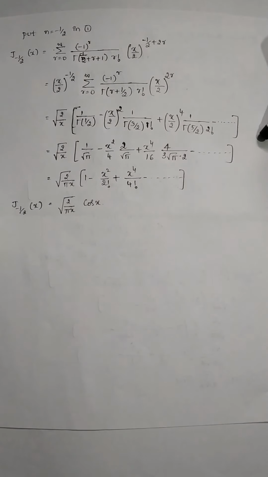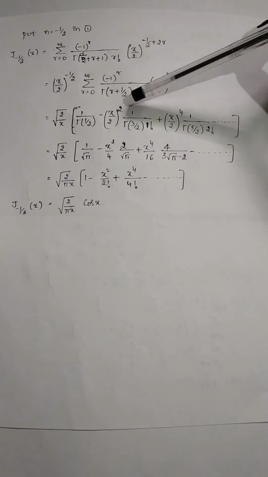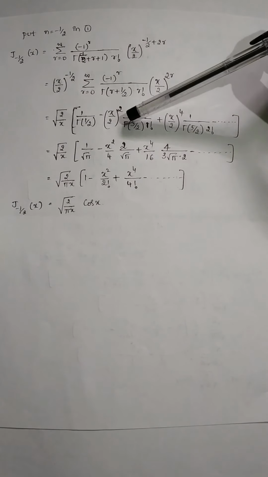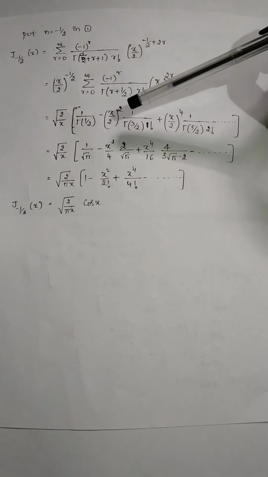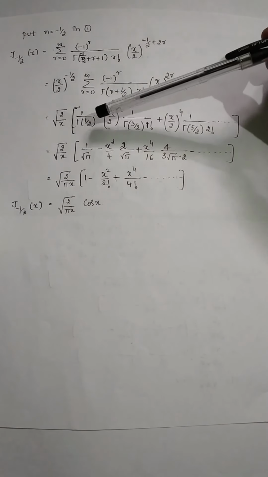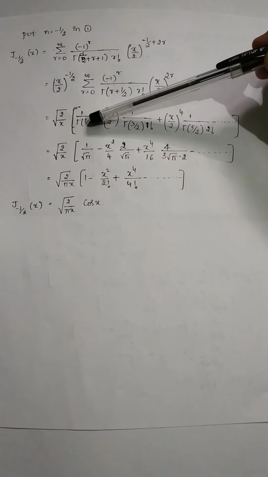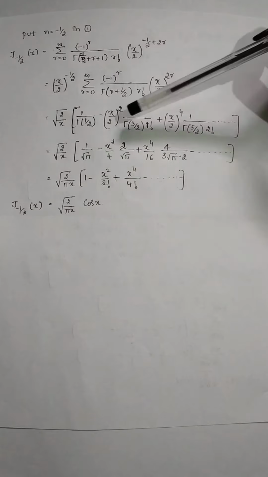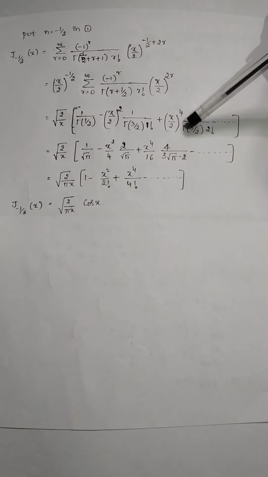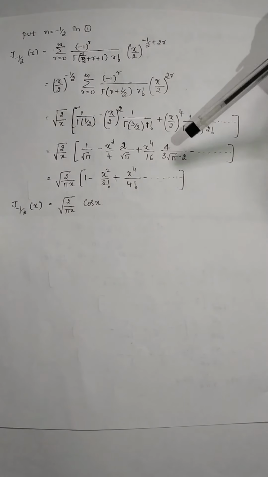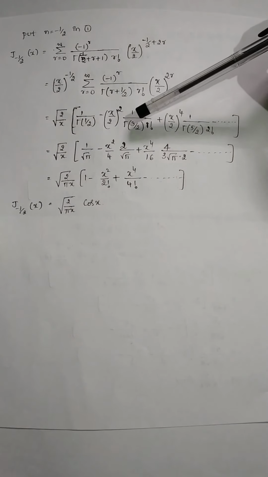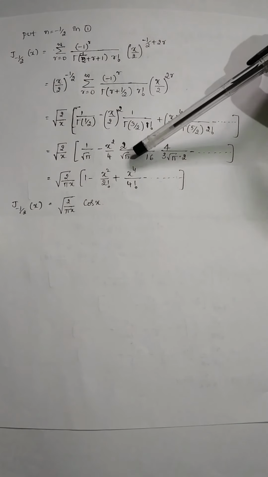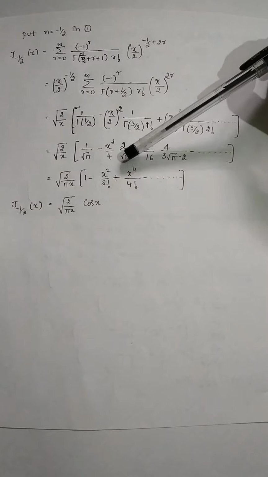In this also, you need to use the property of gamma function as we have used in J half. The same property and same values are to be used here also. You already know that gamma of half is equal to root pi, which we have just used, and gamma of 3 by 2, gamma of 5 by 2, 7 by 2 and all we have seen. So the same values are substituted and root pi is taken outside.